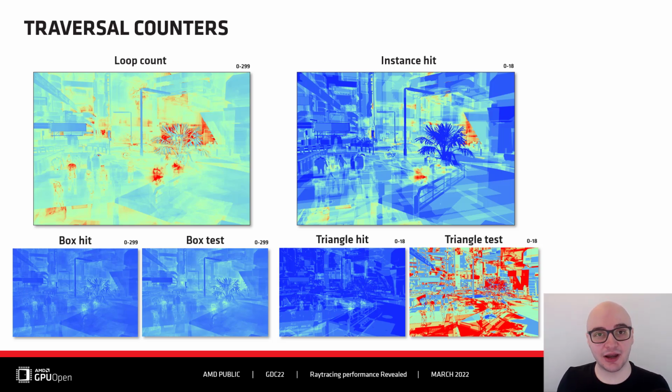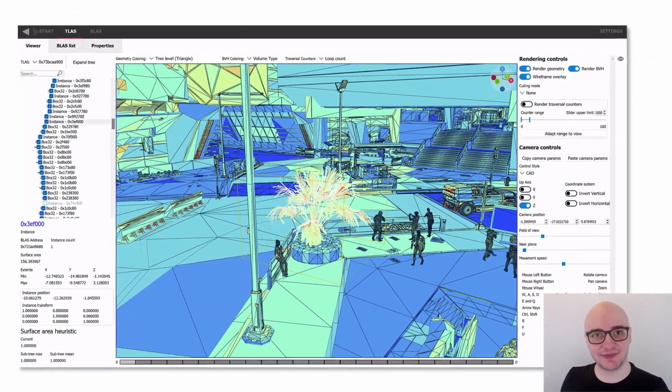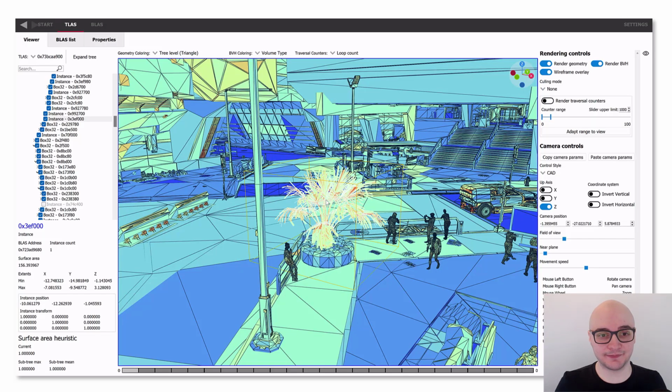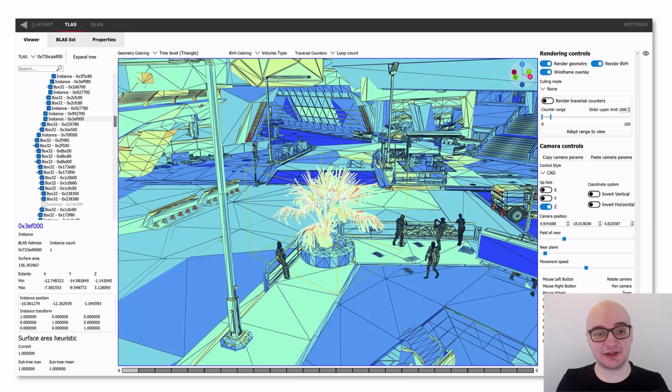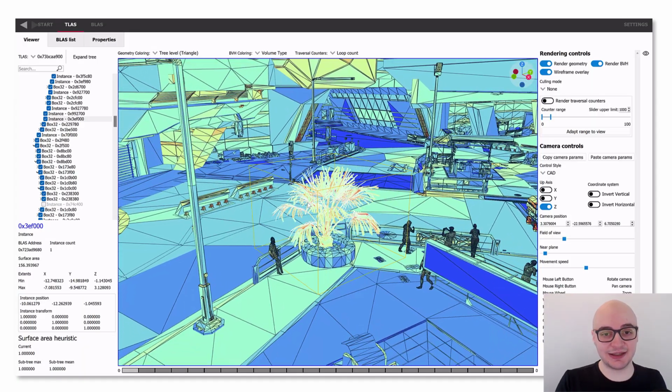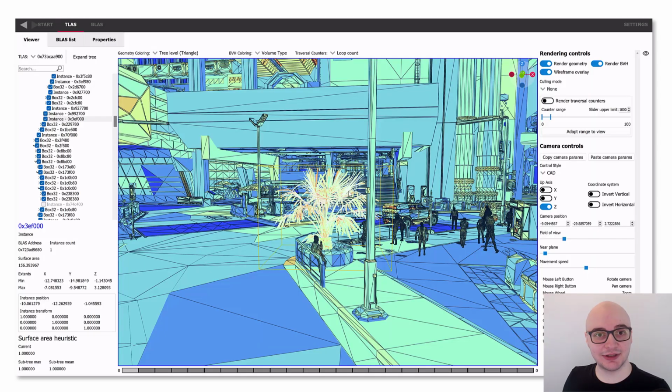RRA terminates the counters on the closest hit. Your game, however, may launch subsequent rays after the initial closest hit. RRA also counts the custom intersection volumes as a single unit. With that said, you may still greatly benefit from reducing the traversal count signatures through editing BLASs and strategic instance positioning in the TLAS, since the subsequent rays will also go through these same acceleration structures.